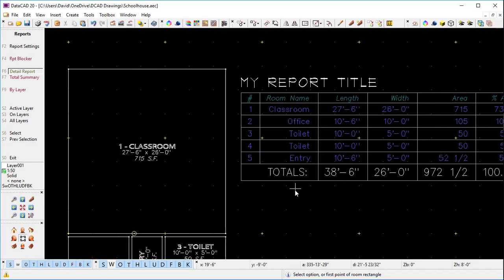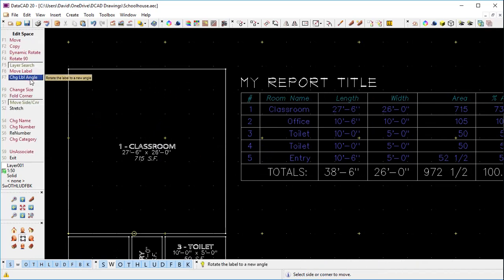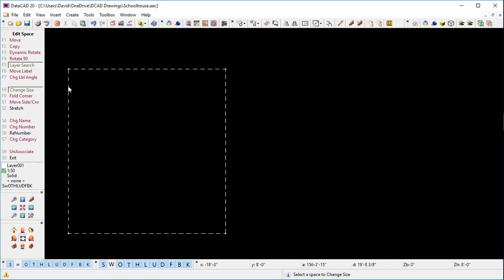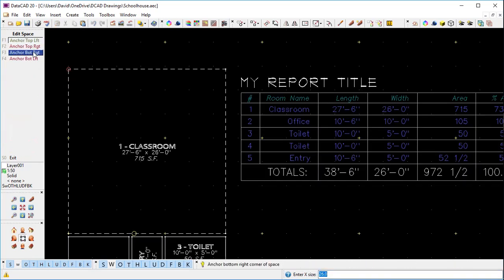I'm now going to lengthen the classroom and add a storeroom in the back corner. I'm going to use the change size function on the edit menu to lengthen it, and when I select the classroom I then have the option of anchoring any of the four corners. As I want to stretch it up, I'm going to anchor by one of the bottom corners. I can then key in the new size,